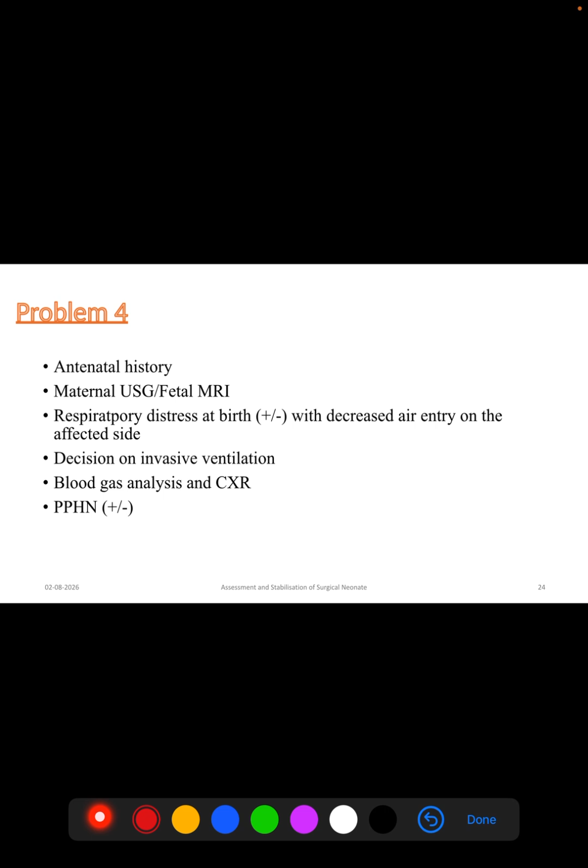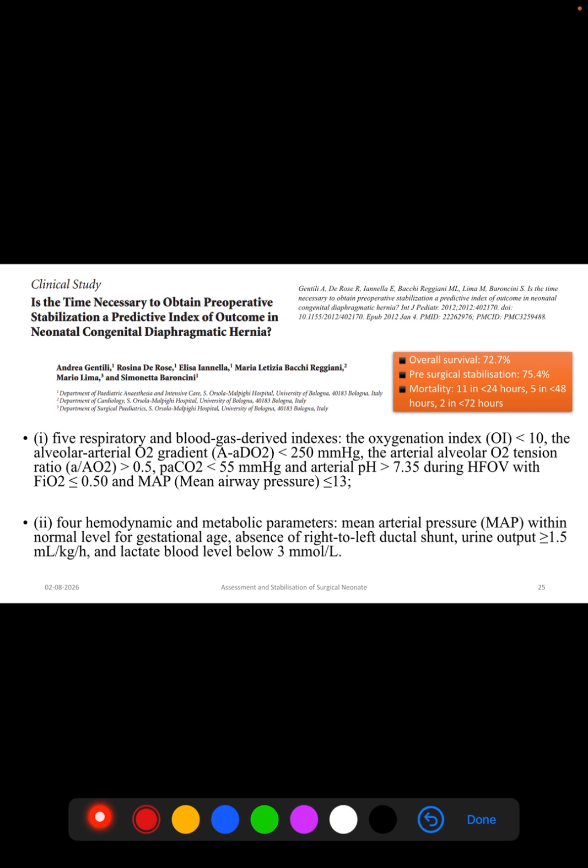You have to do the blood gas analysis and chest X-ray and whether there is a component of PPHN or not. So I'm going to discuss few papers also. So this paper is the time necessary to obtain preoperative stabilization, a predictive index of outcome in neonatal congenital diaphragmatic